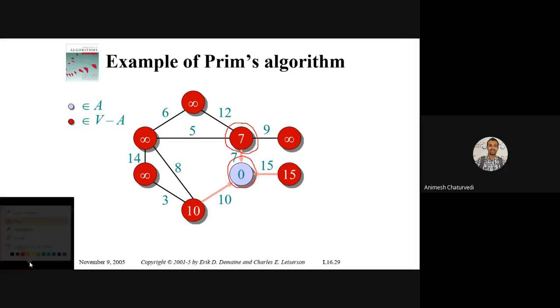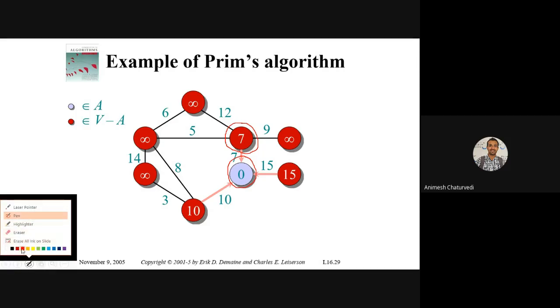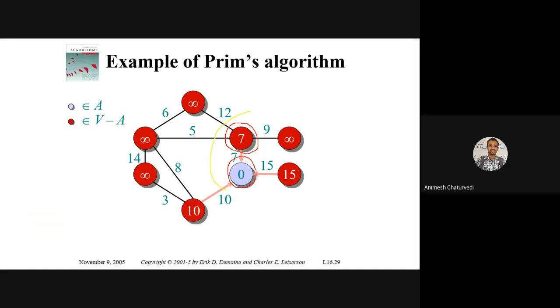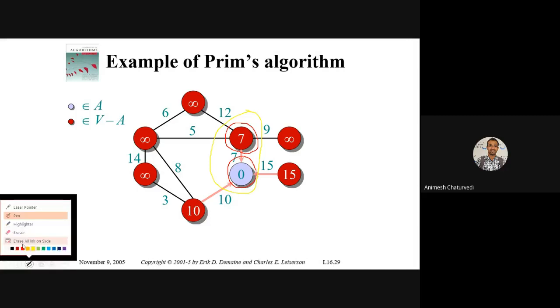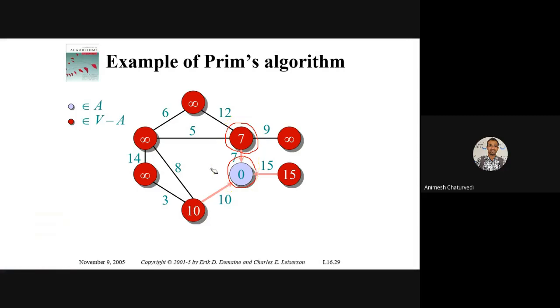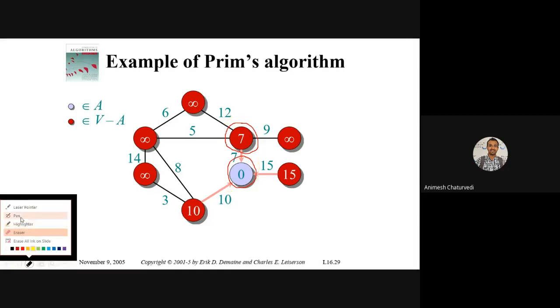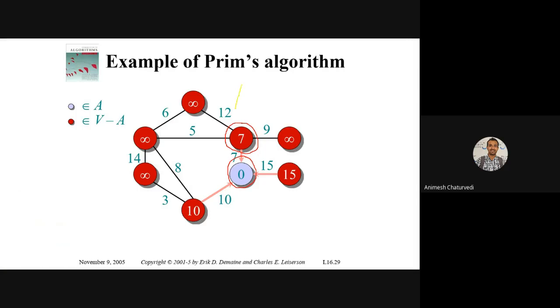The cut set will look like this. There will be two cut sets.